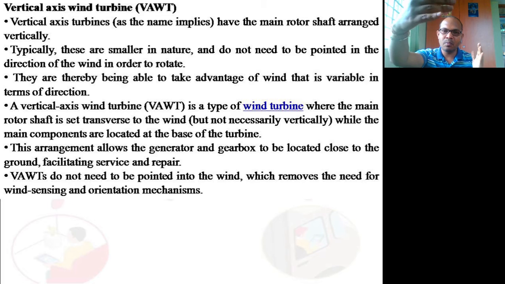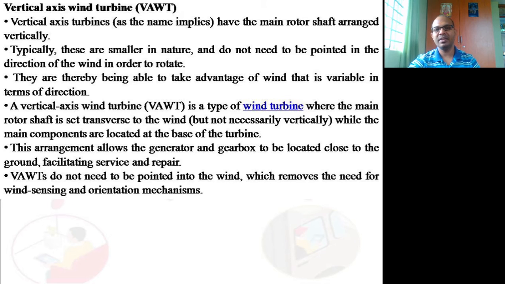In March, the wind speed in one particular direction will be severe, and when you go for Ashada, or whatever we call it in the later part of Shravana, that is in August or September, the wind direction will be different. In such cases, horizontal axis wind turbines have to be yawed. It has to have a yawing mechanism in order to rotate it into a particular direction. But what happens when you have a vertical axis one? Any direction the wind may come from, it will generate the same amount of power. This is the beauty of this.